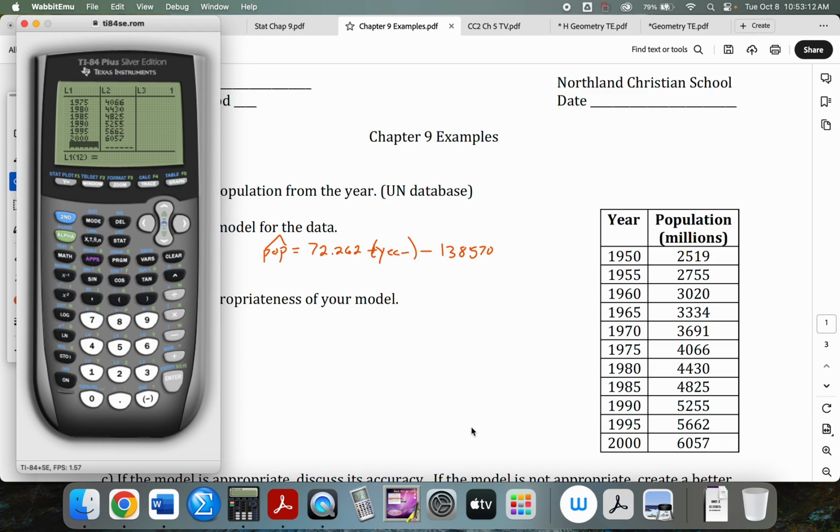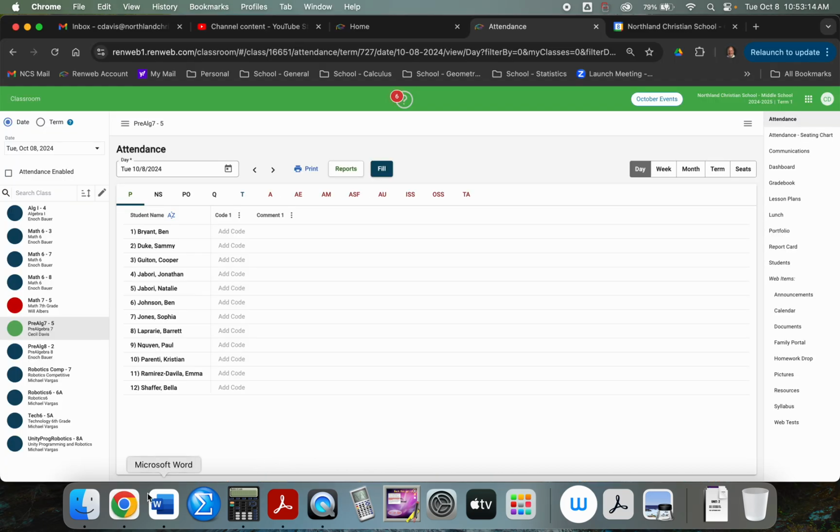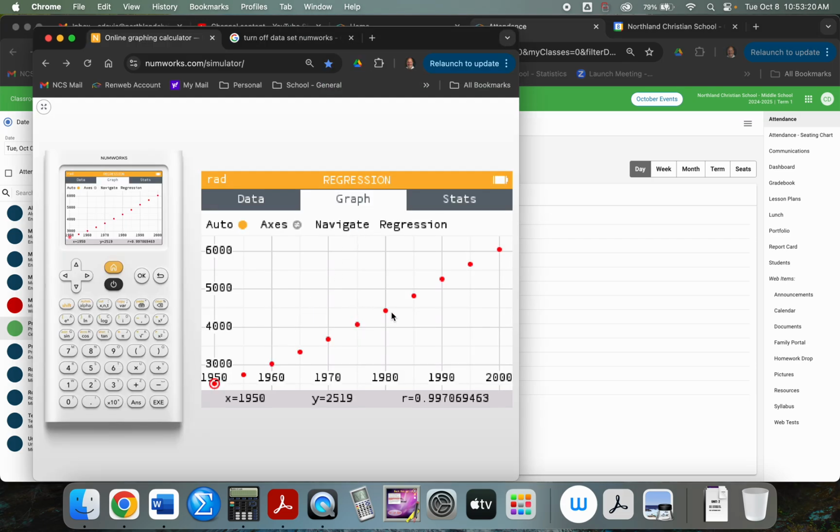Okay, so. When you just graphed them, it looked like this, yes? Oh, I was on Stat Plot. Yes. And then to get the regression equation on this, you want to go to regression right here